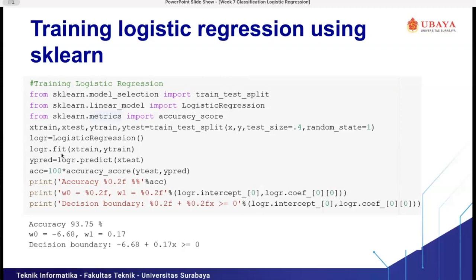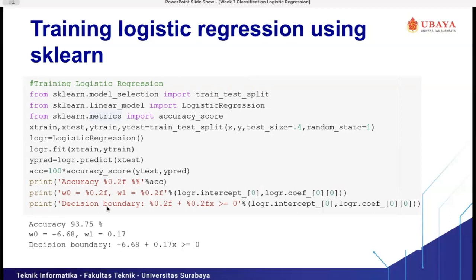Then we call the fit function, which is the function for training our logistic regression model, and it gets two parameters, which are the x_train and also the y_train. Then the y_pred will be the predicted output from the logistic regression model. Then we calculate the accuracy score.